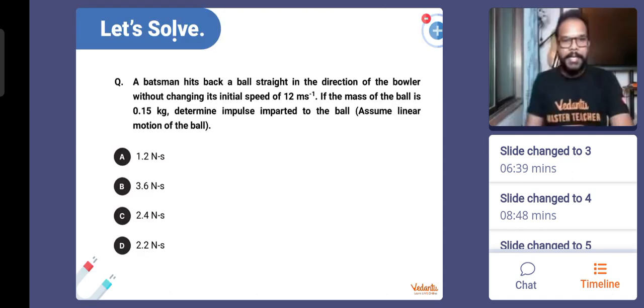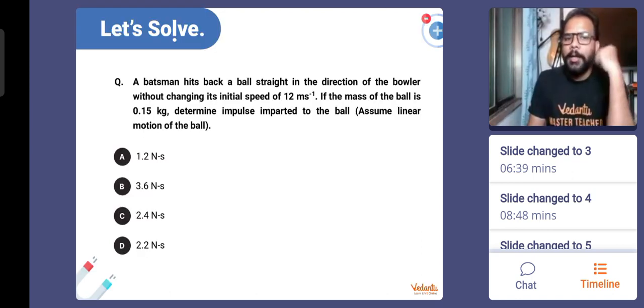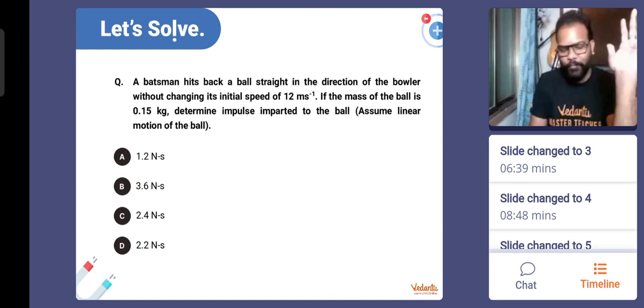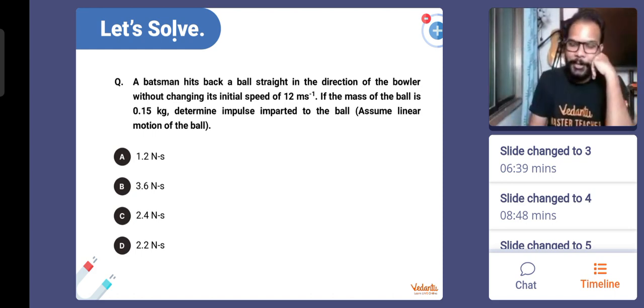Next, another example. It says that a batsman hits back a ball straight in the direction of the bowler without changing. This reminds me that something very bad has happened with India. Today India has actually played with overconfidence, and I got to know that India is all out for 78 runs. Utterly disappointed, but because we are solving a question which is related to cricket,